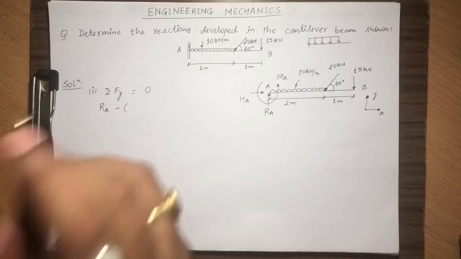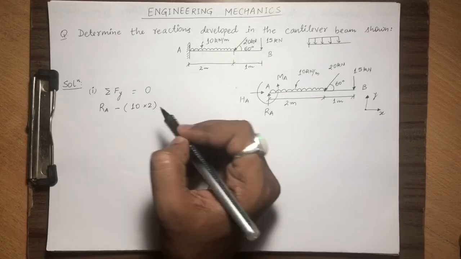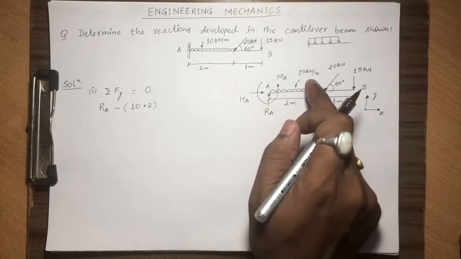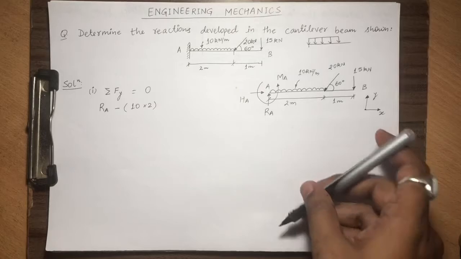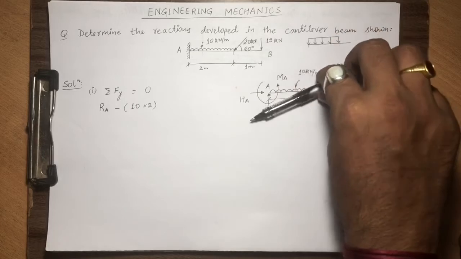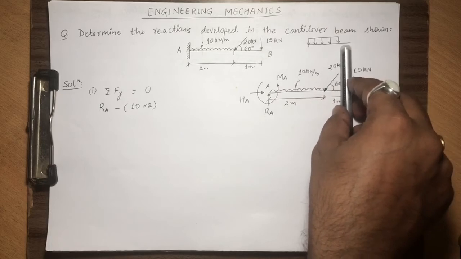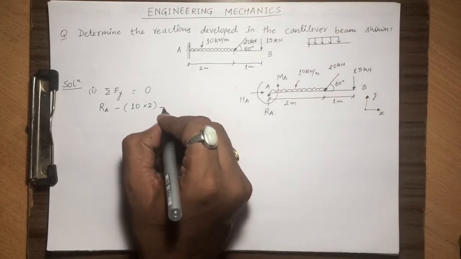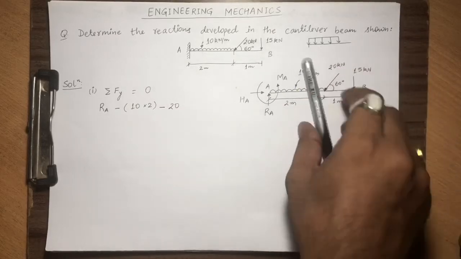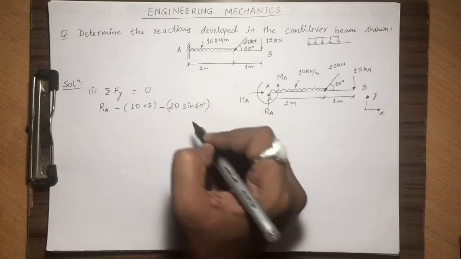The intensity will be 10 over a length of 2 meter. So total load coming due to this uniformly distributed load will be 10 into 2. That is fine. This 20 kilonewton is acting at an angle of 60 degree. So it will be having a horizontal component, it will be having a vertical component. So vertical component will be in negative y direction. So again it will be negative of 20. So horizontal will be cos, vertical will be sine. So 20 sine 60. Okay,